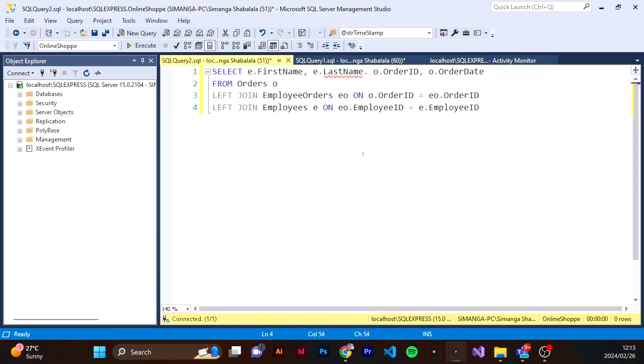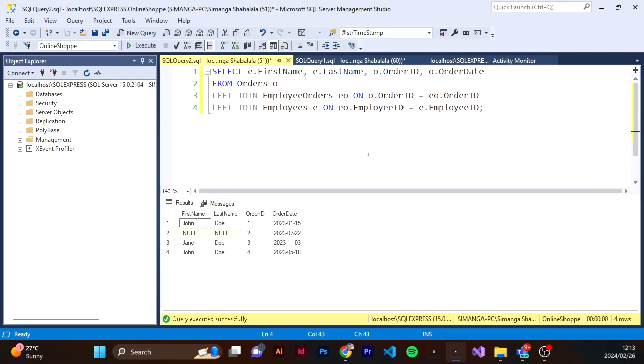Now, if we are missing a comma here, I was wondering where that line was coming from. There we go. All right, so if we execute this, now you can actually see the orders that do